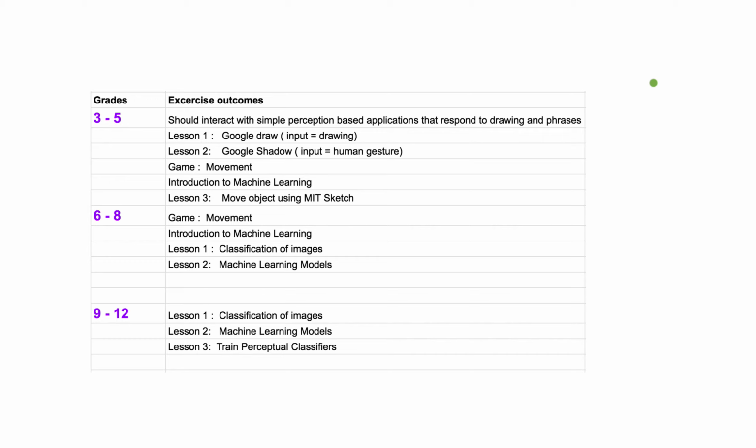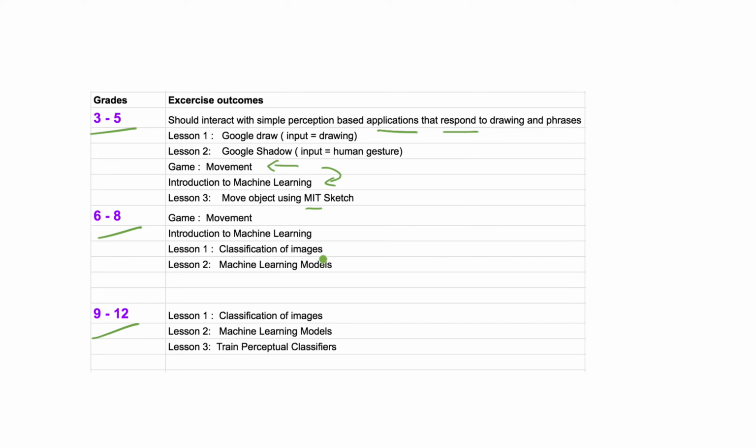So the big idea again is for kids to understand that computers use sensors to perceive the world. When we break it down to different grades, grade 3 to 5, 6 to 8, and 9 to 12, as early as grade 3 to 5, we will introduce the concept of how to understand applications that respond to human inputs, right? Whether it's drawing, or a human gesture or movement, we'll actually play a physical game to understand how movements are perceived. And then that leads into machine learning, and we will use tools from MIT to